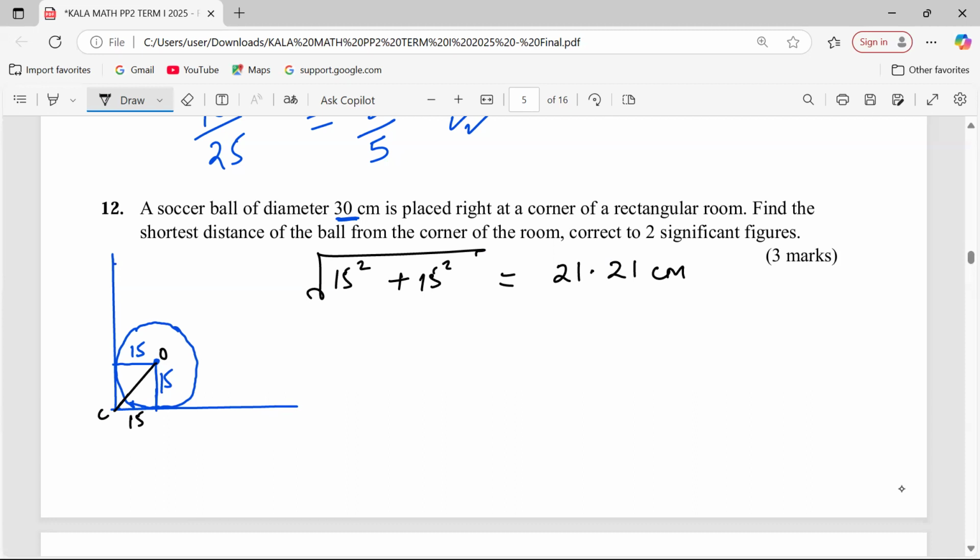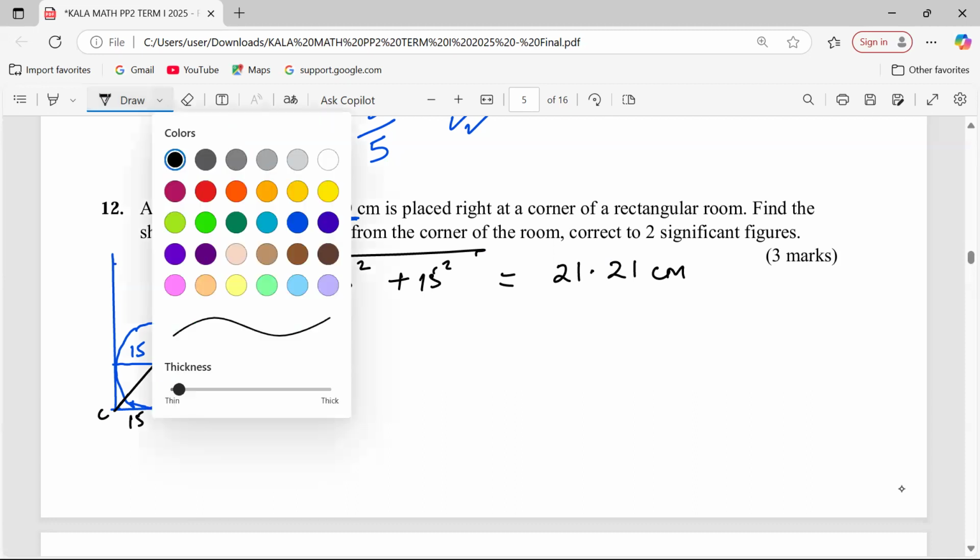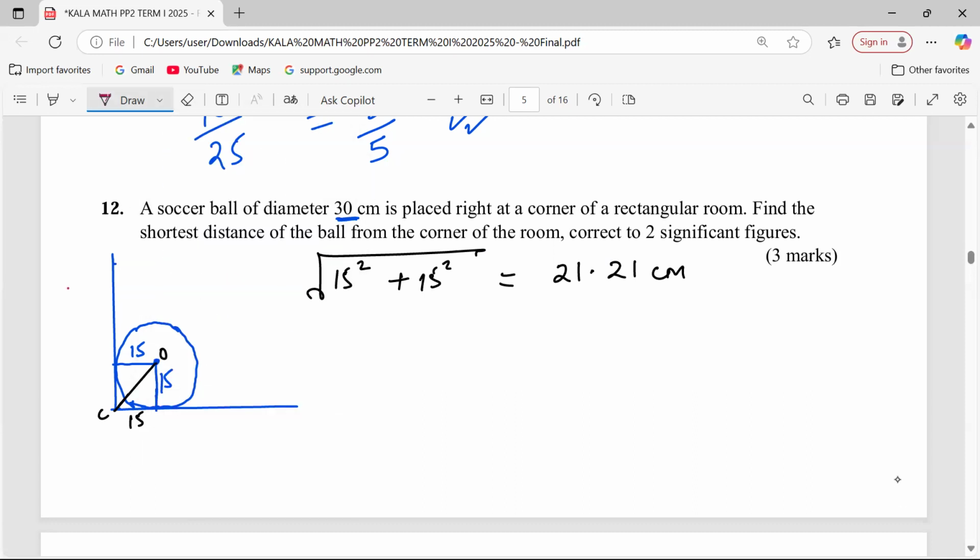Then remember, from the center to where the ball is ending is still 15. So for us to get the distance from the corner to the ball, it shall be 21.21 and we subtract the 15. So the small distance here from the ball to the corner becomes 6.21